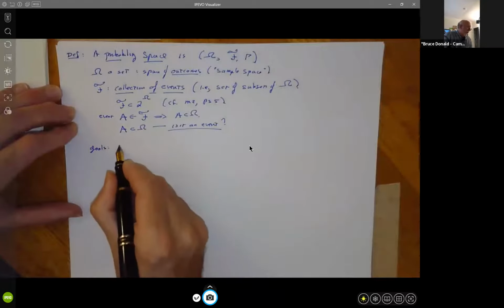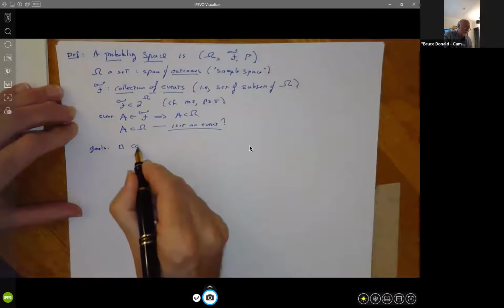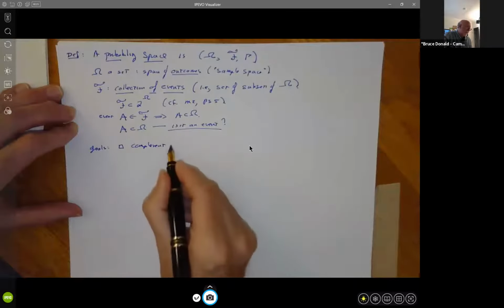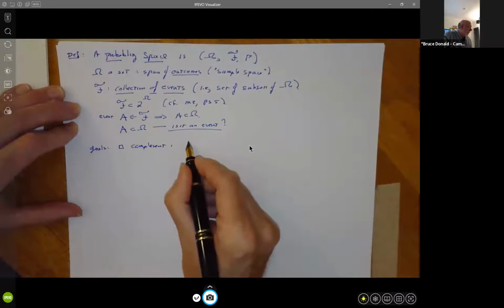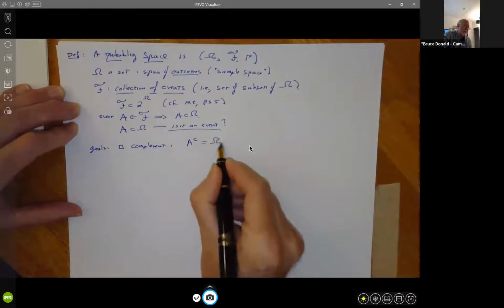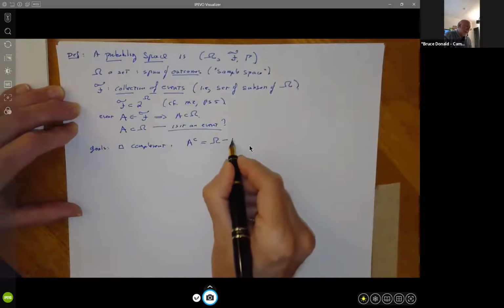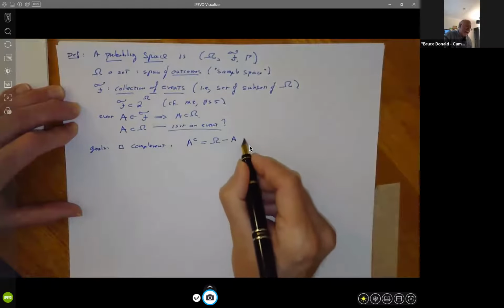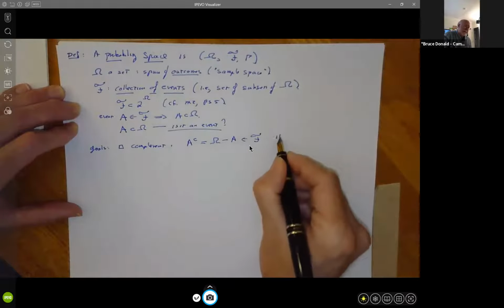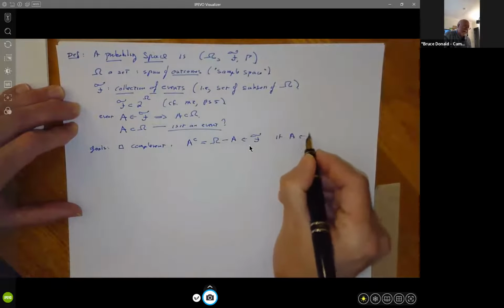We want to be able to take the complement of any event. So if we have the complement of an event A, which of course is defined by the set difference of the set of outcomes in A, this also has to be in our space of events if A is in the space of events. In other words, if A is an event, its complement is an event also.